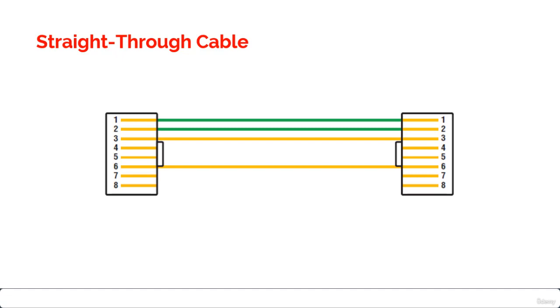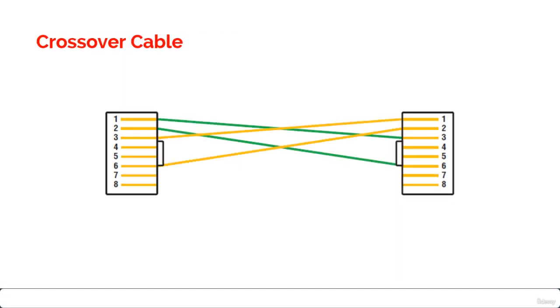Just remember that this would be a 10/100 Ethernet only cable, so it wouldn't work with 1000 Mbps Ethernet, voice, token ring, ISDN and so on. It's just a simple straight through cable. The next is the crossover cable. Now the same 4 wires are used in this cable, and just as with the straight through cable, you simply connect the different pins together.